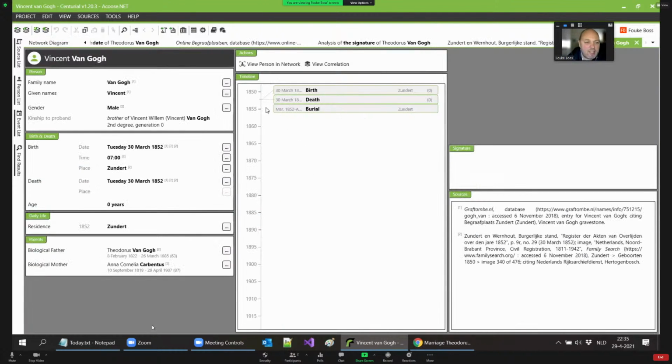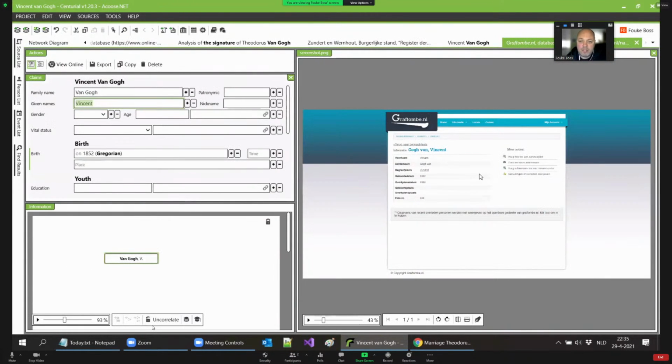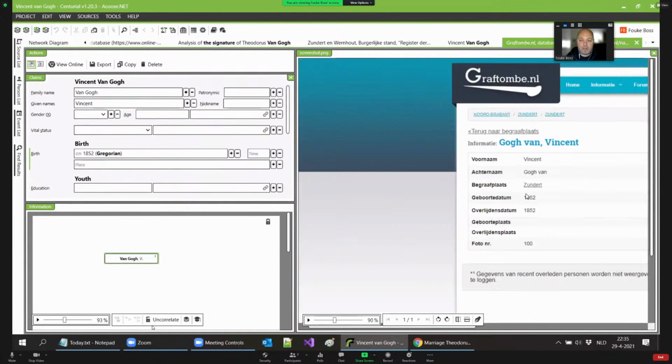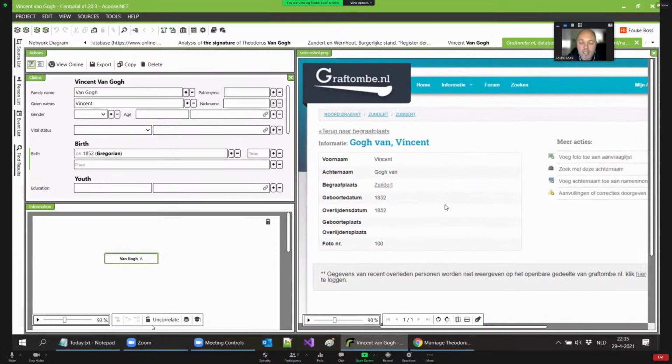In this particular case, let's go back, and I seem to remember it's this website, a Dutch website, not unlike Billion Graves, which has it as Vincent van Gogh. Again, of course, I don't know if this source is correct. It doesn't have an image, so we can't see what's on the actual gravestone.